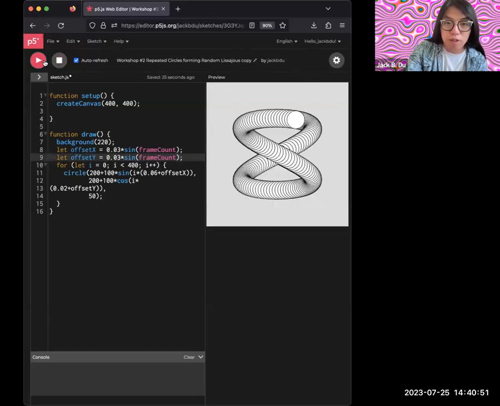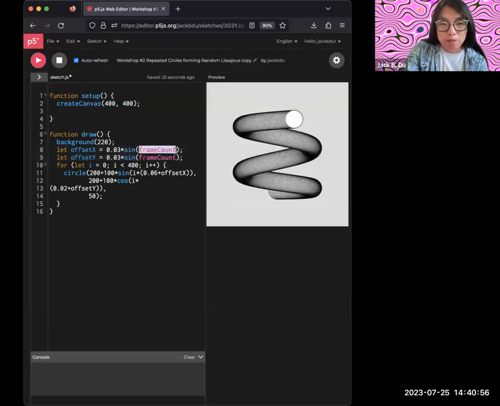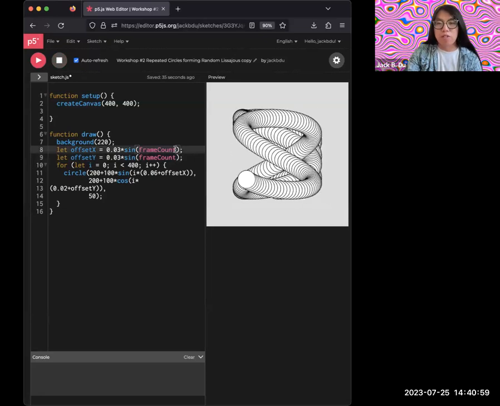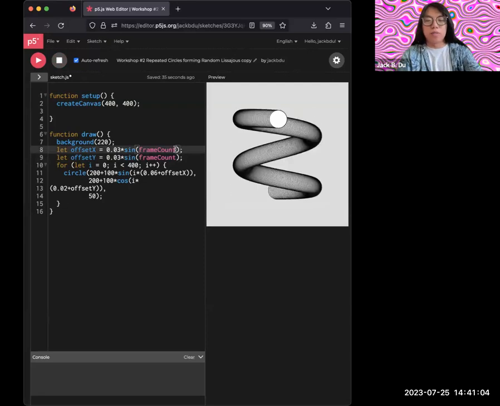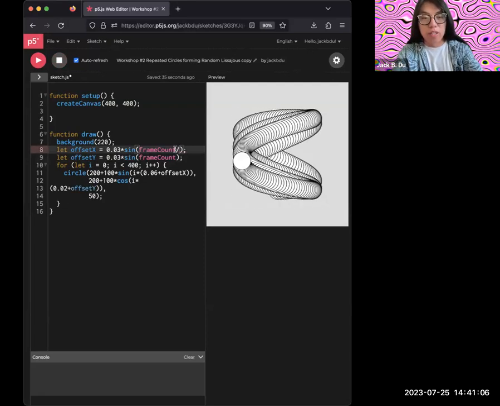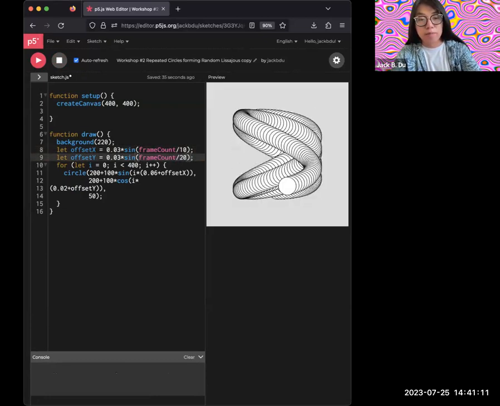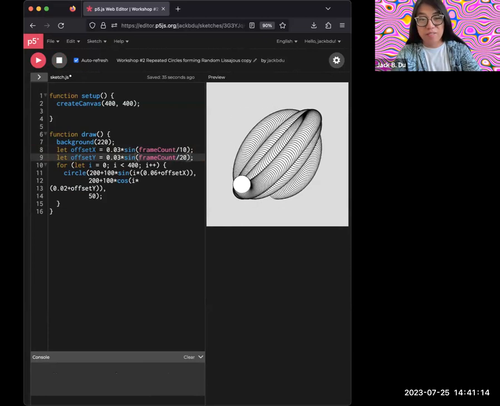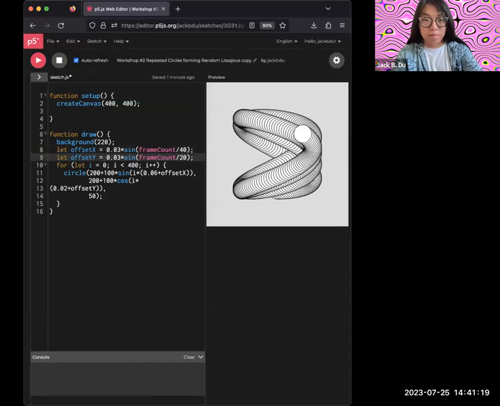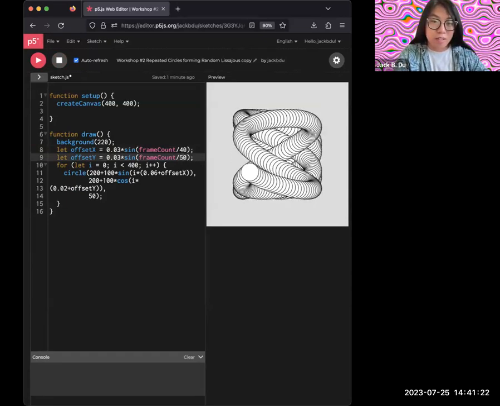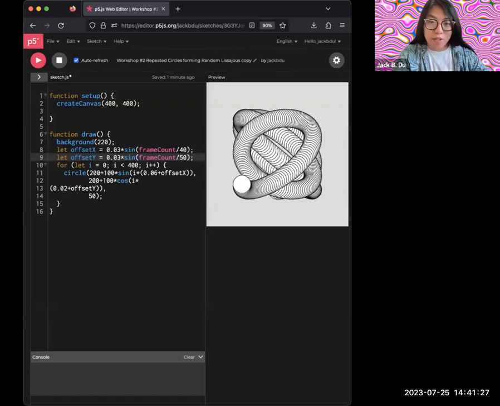This is going to change fairly quickly, almost like the previous one. That's because frameCount changes from 0 to 1 to 3, so the sine output is also going to change very quickly. So I'm going to divide this by 10, divide this maybe by 20. Now it's slower, but it's still pretty fast. So I'm going to add this. See how now it has a very interesting